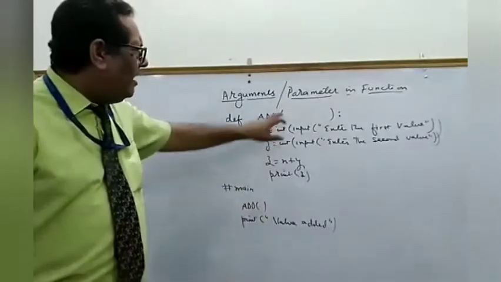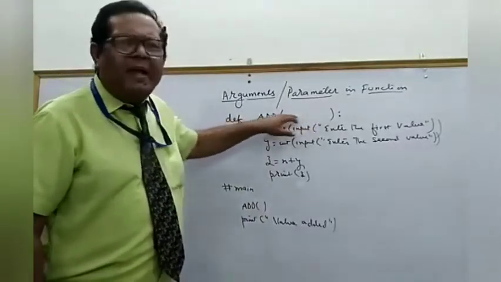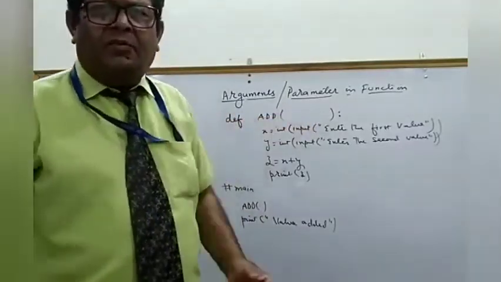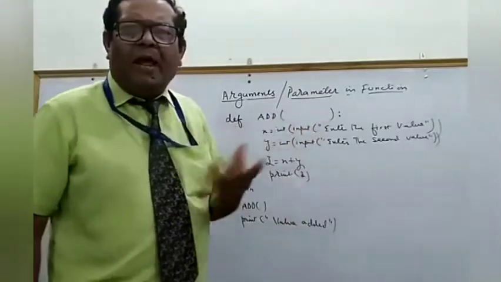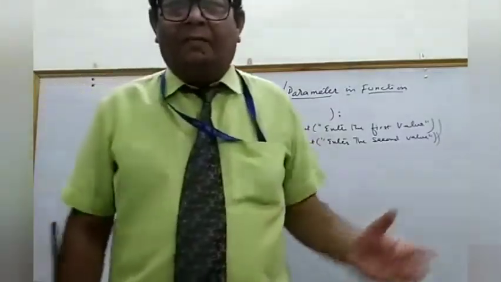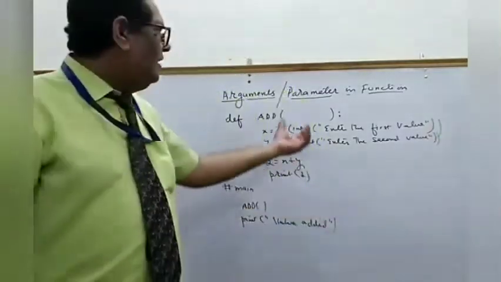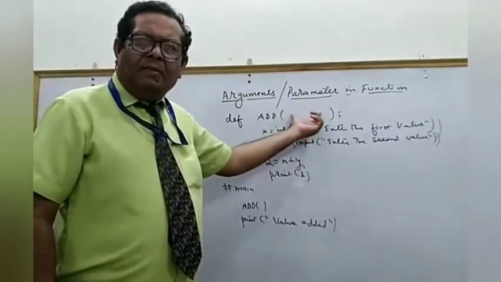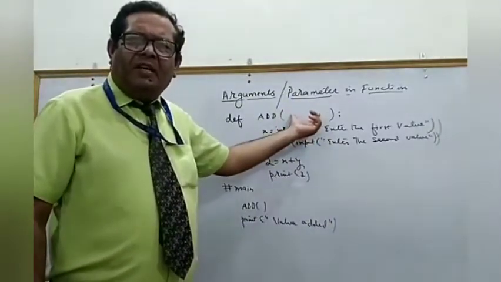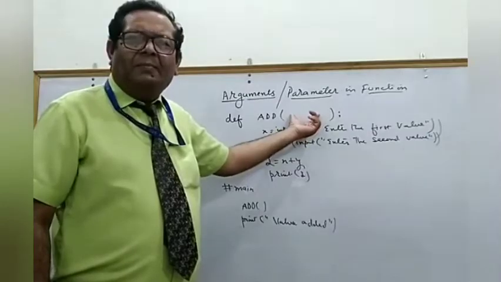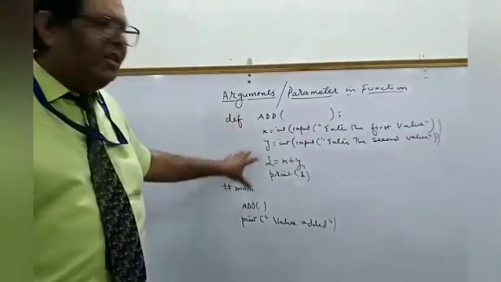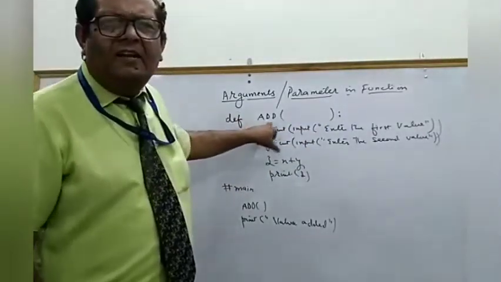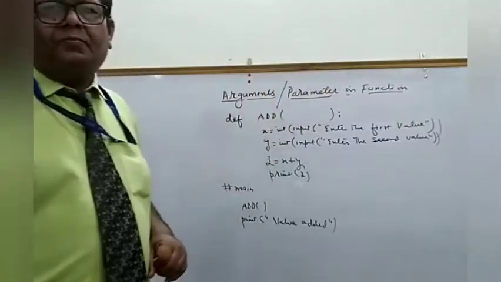Now here you can see that nothing is written here. It is blank. It is void. Void means what? Blank, vacuum. Nothing is there. Empty. That's what void is. So nothing is here. It means that no argument is there for the function to accept. So for this function definition of the function add, there are no arguments.